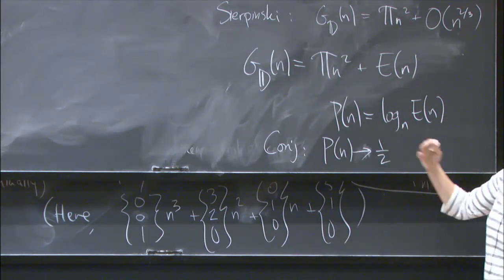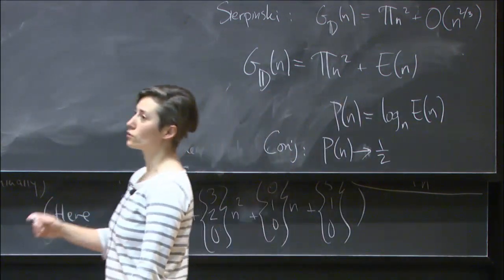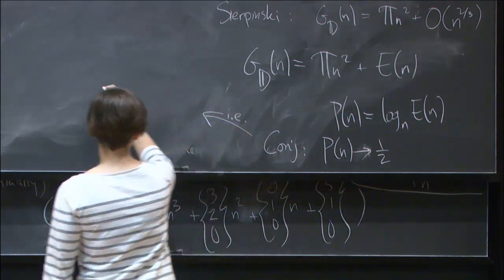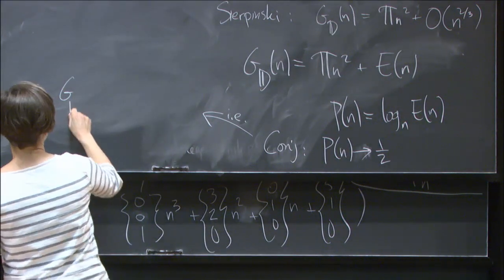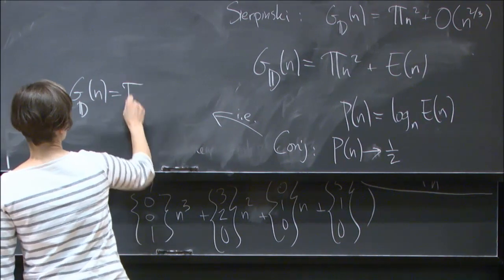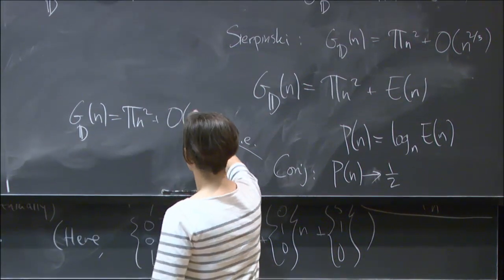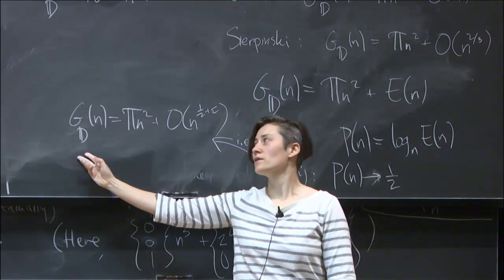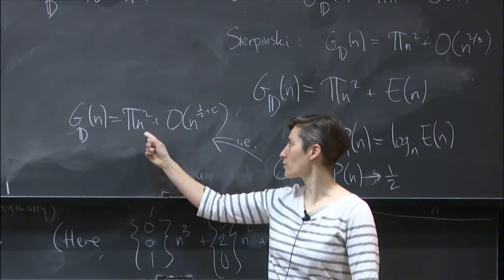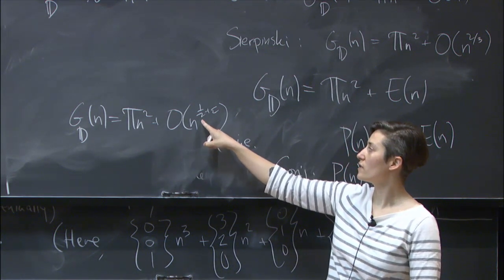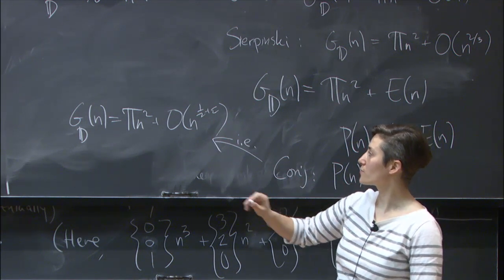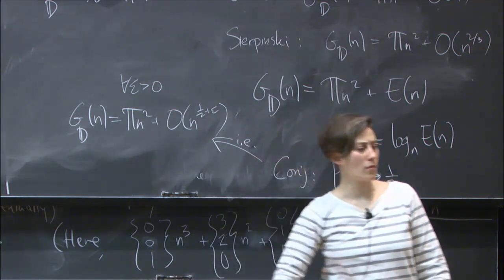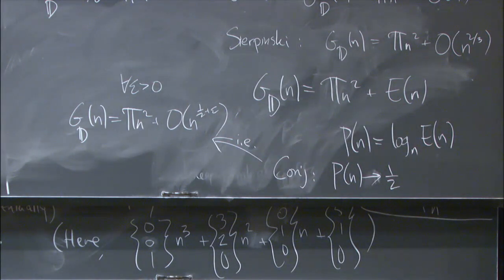So in other words, phrased differently, the Gauss circle conjecture is that this number is pi n squared plus something on the order of n to the 1/2 plus epsilon for any positive epsilon. A result of Littlewood